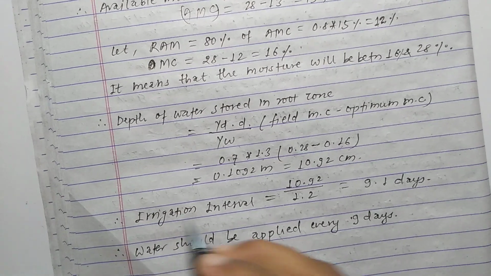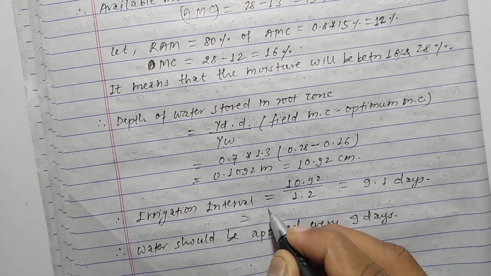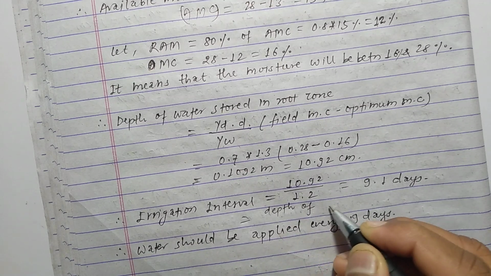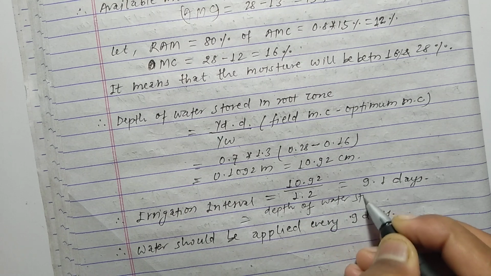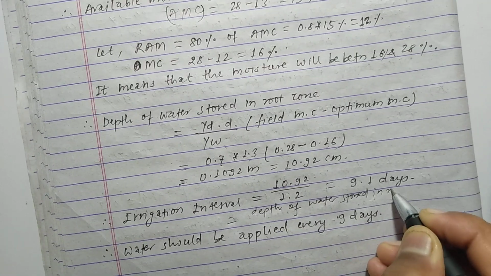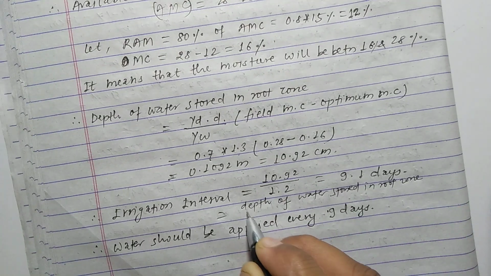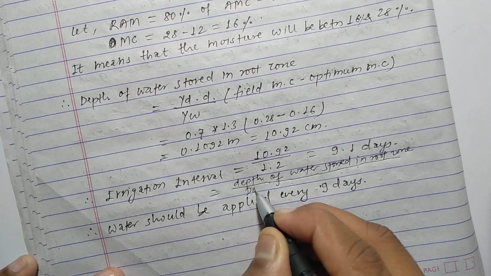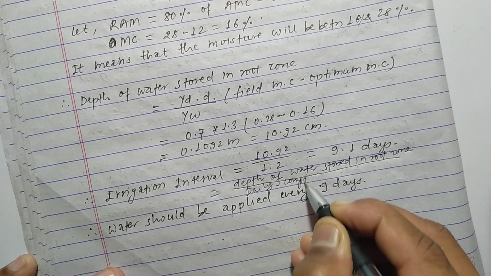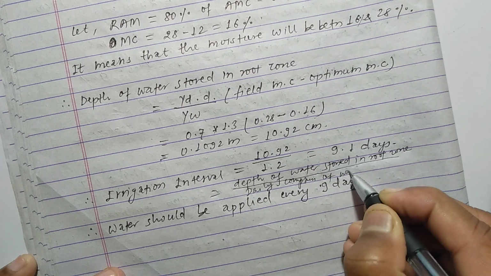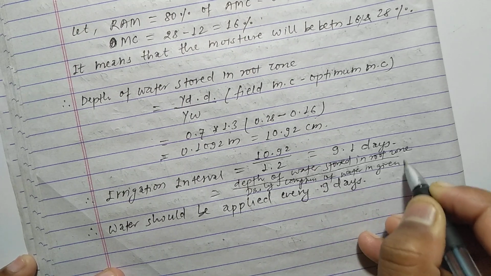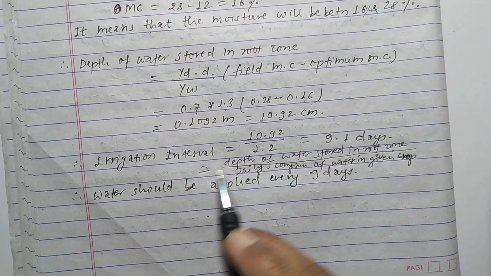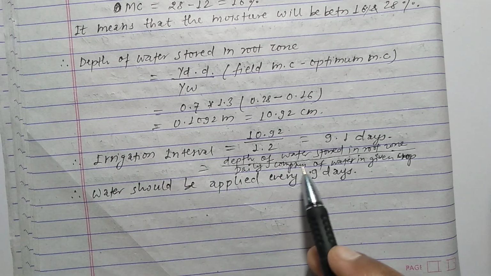So simply we can calculate irrigation interval equal to depth of water stored in root zone. We have to divide this value by daily consumption of water in given crop. So with the help of this formula we can calculate the irrigation interval, and the depth of water stored in